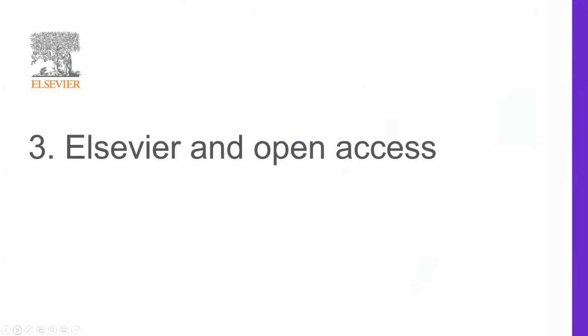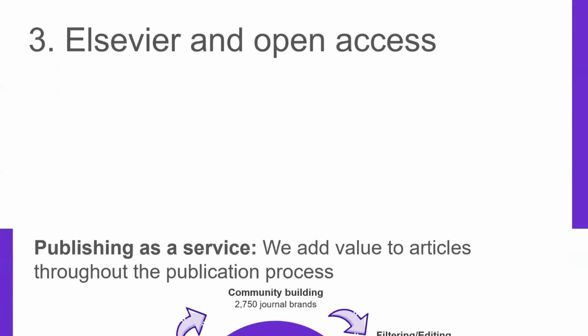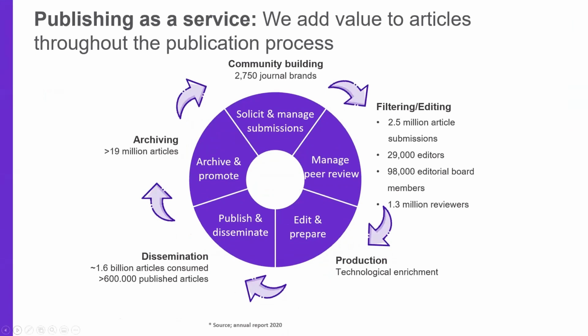Okay. What about Elsevier and open access? What do we do to support this idea? So first of all, we are a publisher, so we are thinking about publishing as a service, and we are adding value to articles through the whole publication process. You can see on my graph the main steps, the main things we are doing as a publisher, and we have more than 2,700 journals right now. And you can see here that we are starting from the beginning. So we are managing submissions, then peer review, then edit, prepare, then publish, disseminate, and the last thing, but very important, to archive and to promote